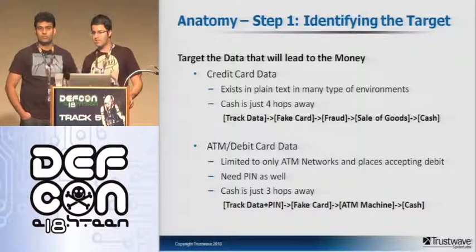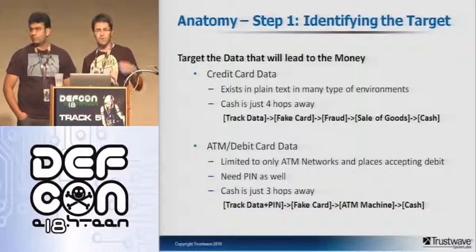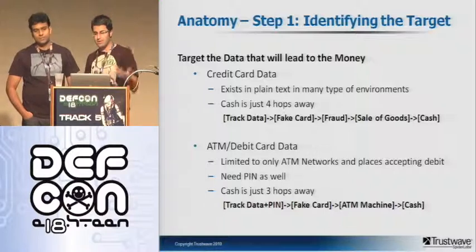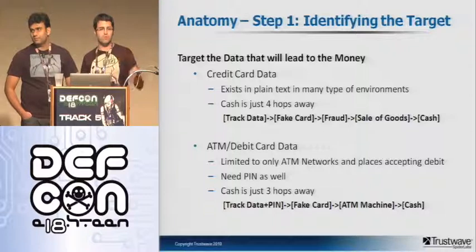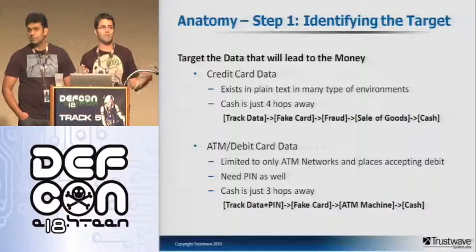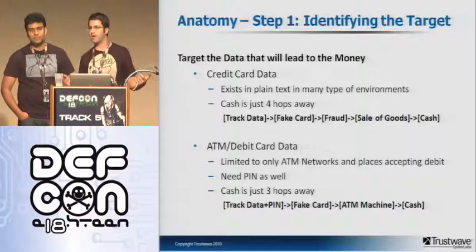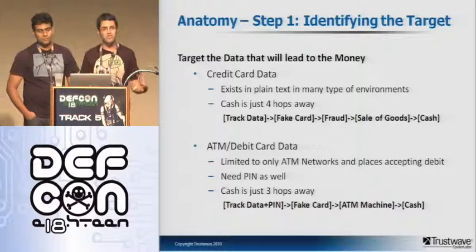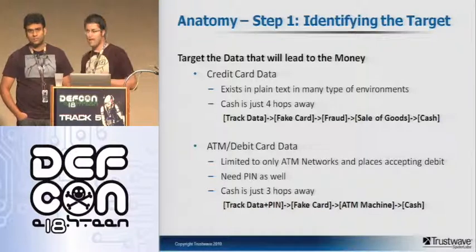And basically, the cash is at the end, right? So when you have track data, which is the data that's stored on the back of your credit card, when you have that data in your possession, you can go and clone a card. You then can go and commit some sort of fraud, right? You go to a store, you buy a plasma TV. You now have a plasma TV in your hands that you bought with a stolen credit card. But then you could either use that for your own use, but in most cases they want to get cash. So then they have to go and sell those goods to somebody else to collect the cash.